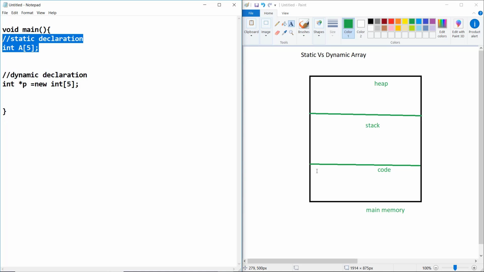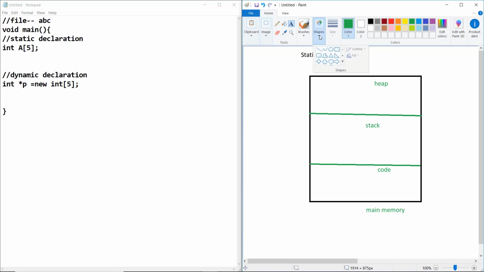In the code section, let us suppose the file name is ABC. This ABC file comes from the hard disk. I'm not drawing the hard disk, just understand this concept.